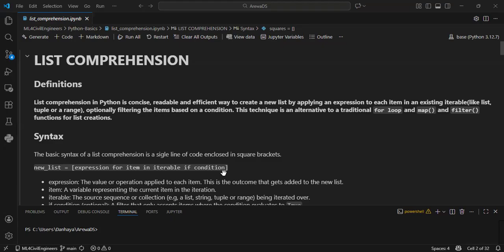The first thing is an expression. Basically, in mathematics, if you want to come up with certain numbers or ranges, normally we provide conditions, right? Or we provide an expression. Maybe you want to create a list that has multiples of numbers. So that means here, this expression is